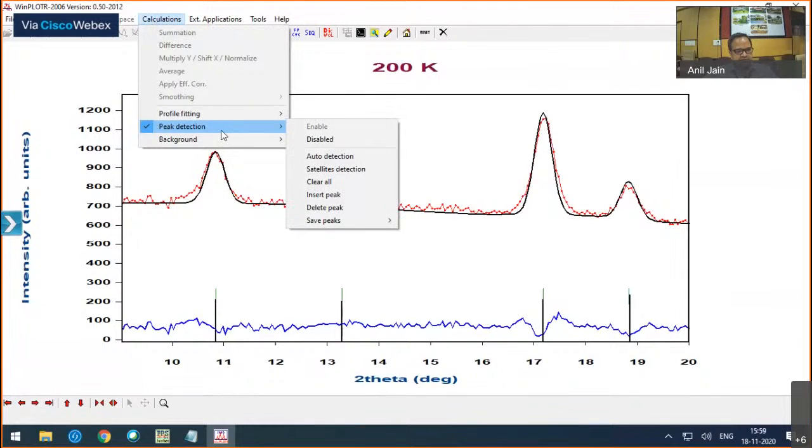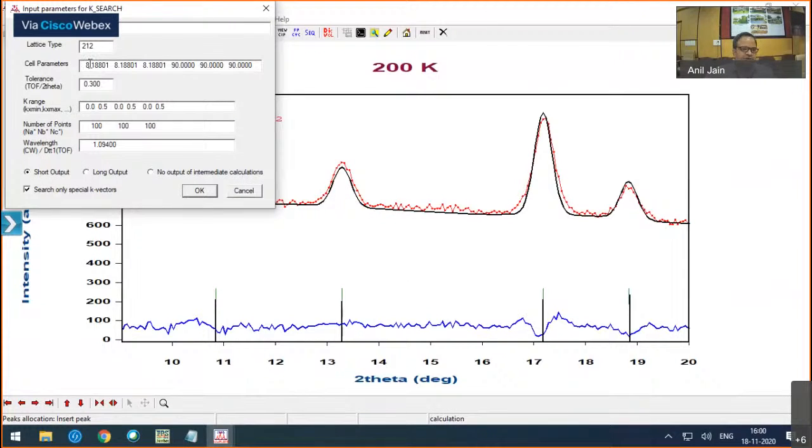Calculation, save peaks, K search format. So K search is the program here which will search in the reciprocal space about the position of these peaks and will try to tell you what are the probable propagation vectors of your magnetic ordering. So this information it has taken from this PCR file, and if you click it,